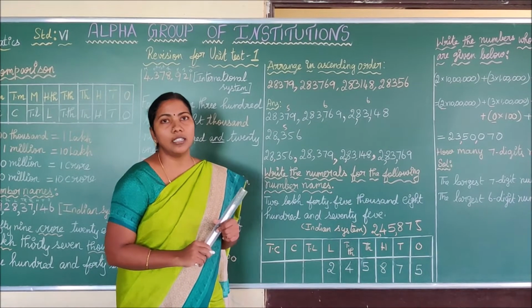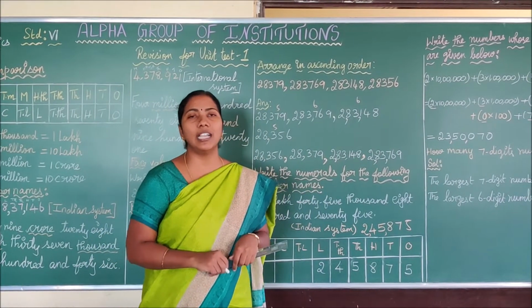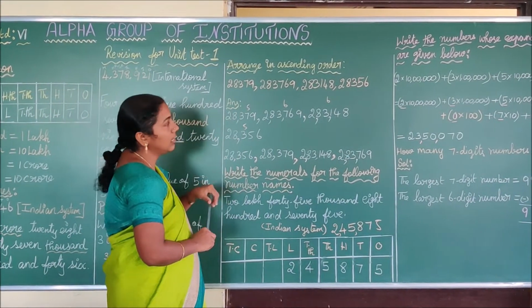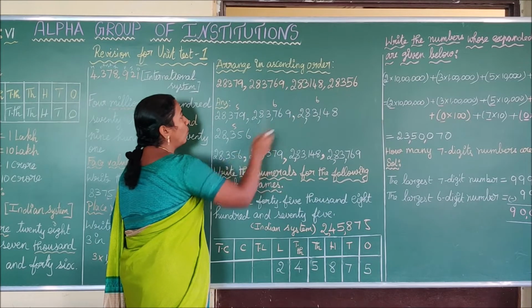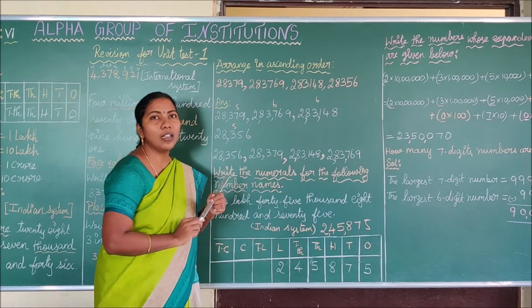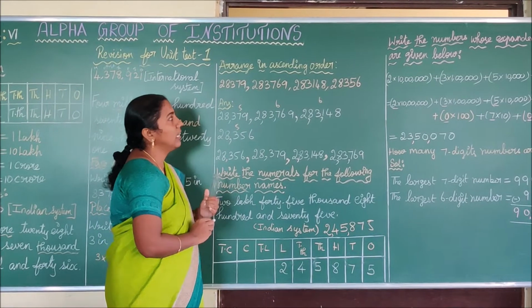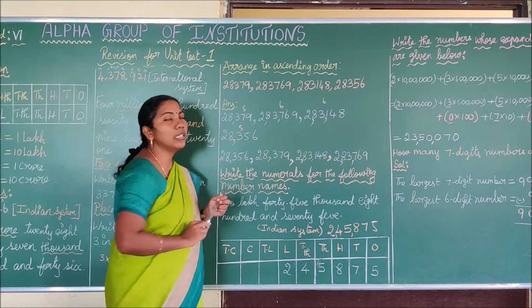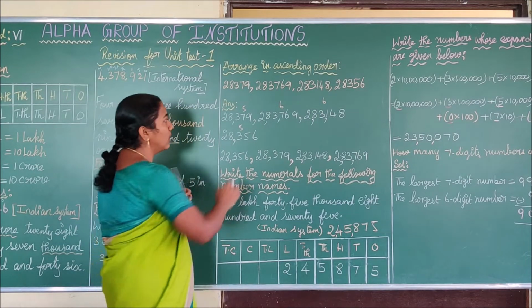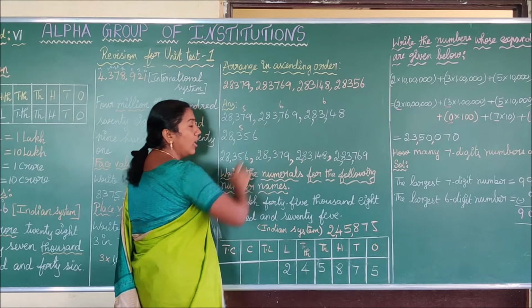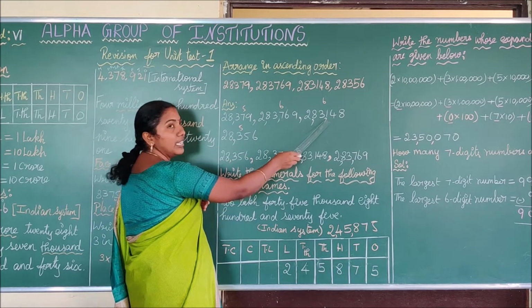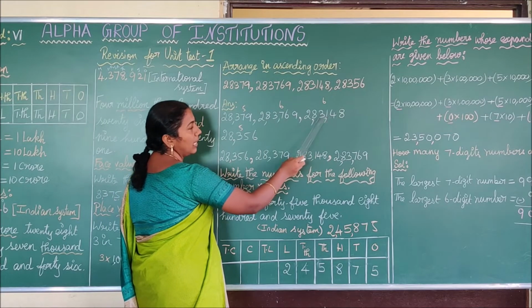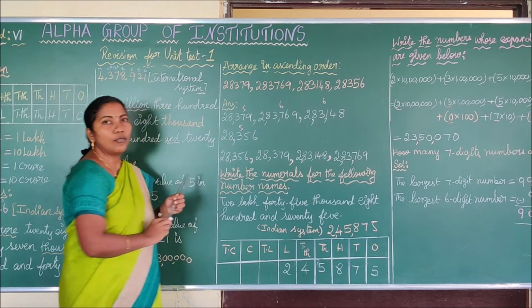Next we are going to see the ascending order. Ascending order means arranging the numbers from small to big. Descending order means big to small. So now we are going to see the ascending order. It is given in the question, 4 set of numbers are given. Before arranging the number, first step you have to do is first write the numbers and place the commas as per the Indian system. Okay, first once again we are going to write the question and we are placing the commas by Indian system. That is 1, 2, 3 after 2 digits, 1, 2, 3. Okay, first step we have finished.